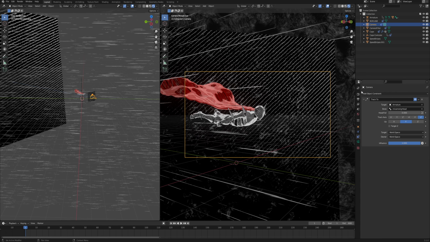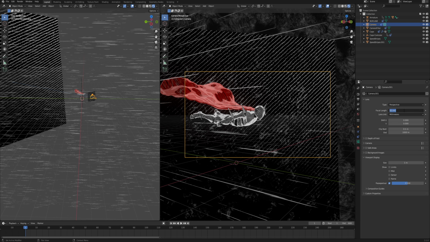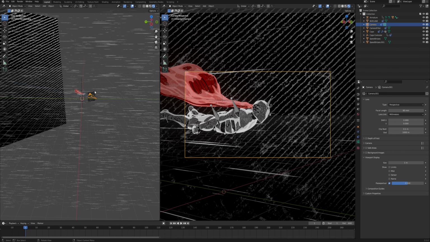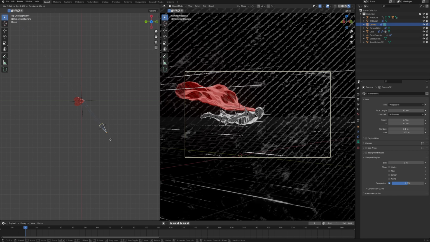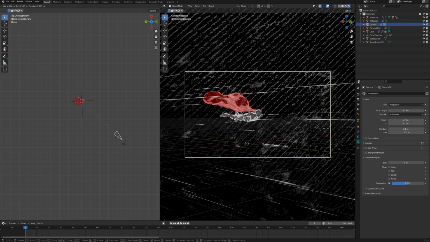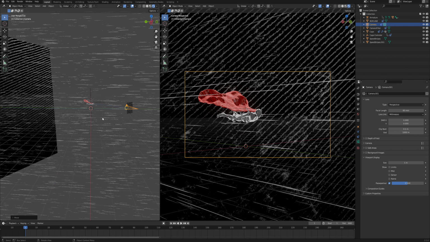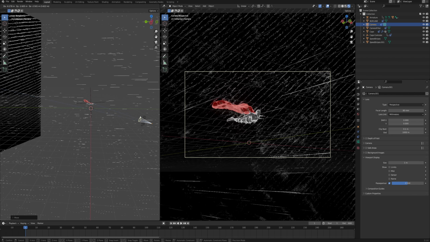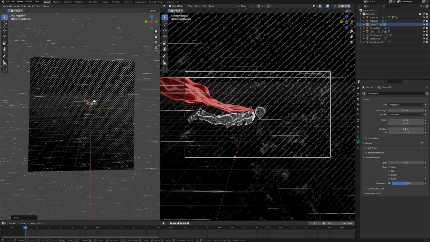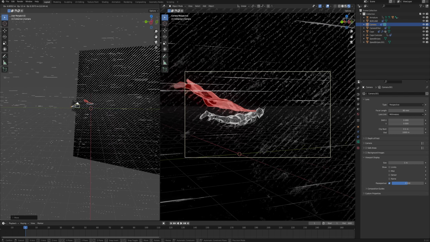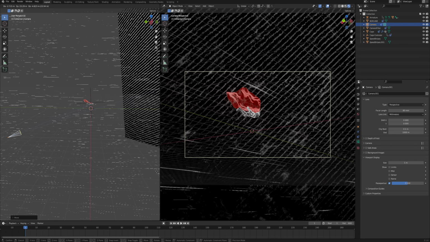So with that, we can go to the camera settings and change the focal length to something like 80. So we have a nice zoom. And also in the top view, let's move it slightly further away from our object. And now while looking at it from this perspective, we will create this flyby shot. So going in closer and then moving out from our object, something like this.